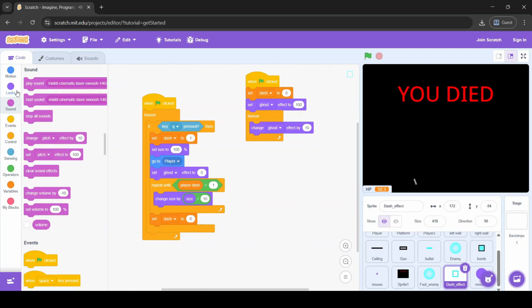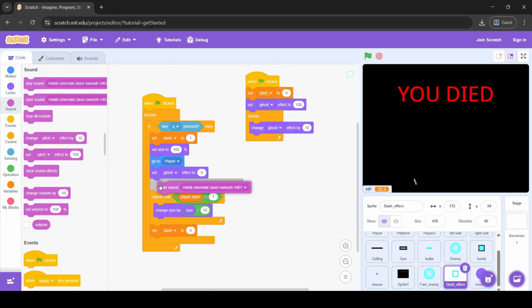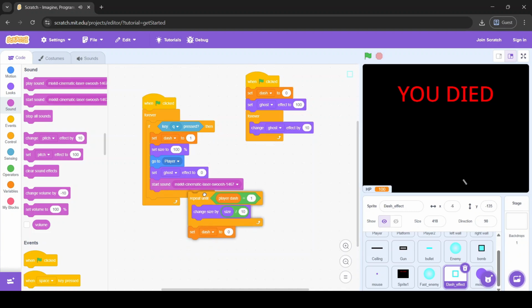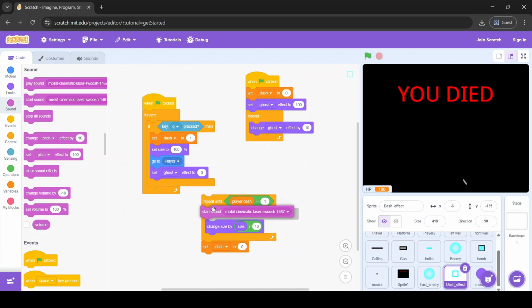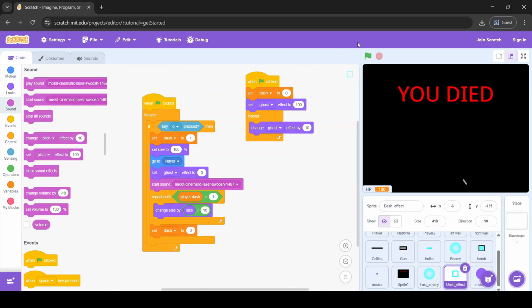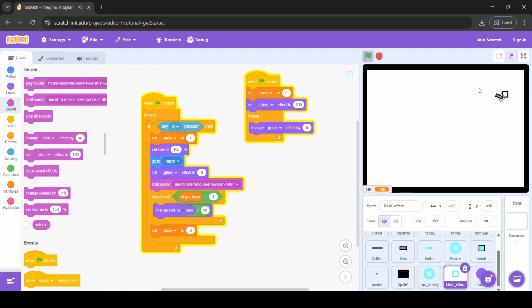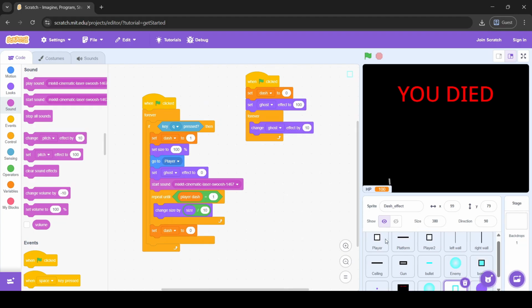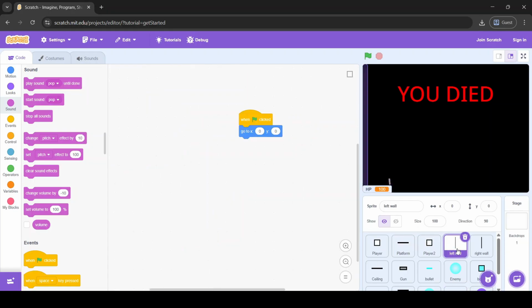You keep Q pressed, start sound. Okay, now that we got the sound effect for basically everything,